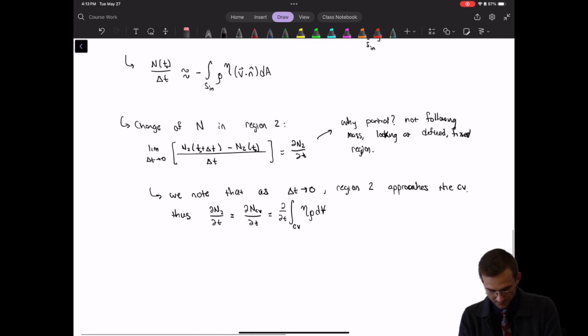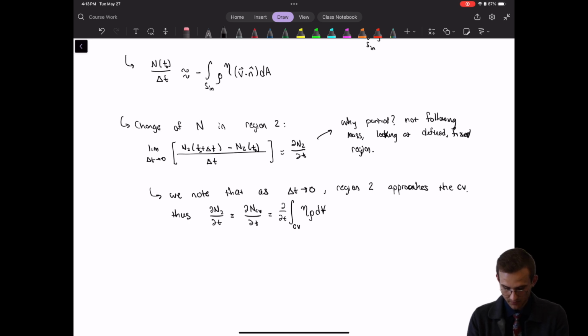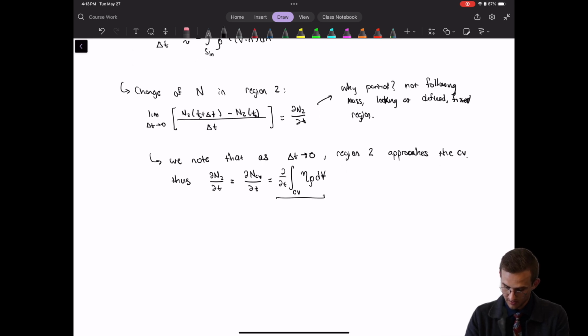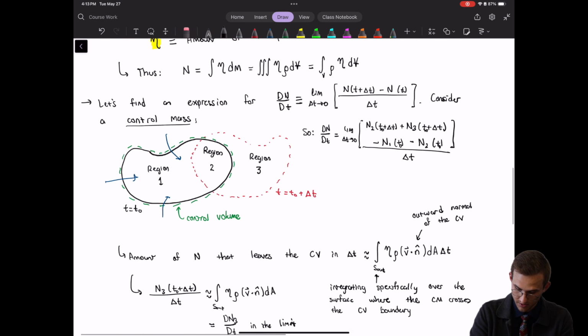Right, so those two terms get replaced with this guy right here. Okay, so now all our terms are accounted for in this equation that we were looking for. So we have all the pieces that we need,